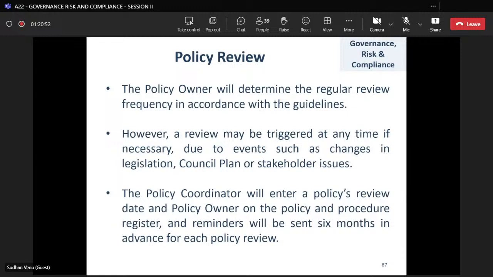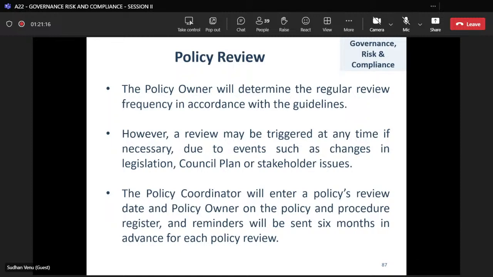However, the review may be triggered at any time if necessary due to events such as changes in the legislation, council plan, and stakeholder issues for all the activities. If any need to change arises, the review group will address it at any time. The policy control coordinator will enter a policy's review date and policy owner on the policy and